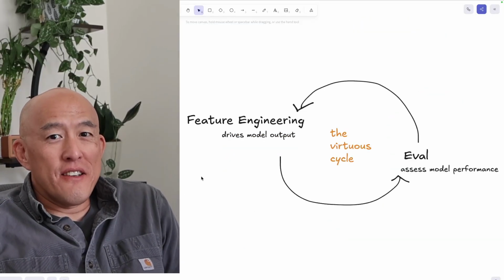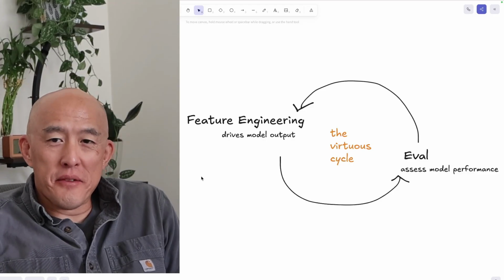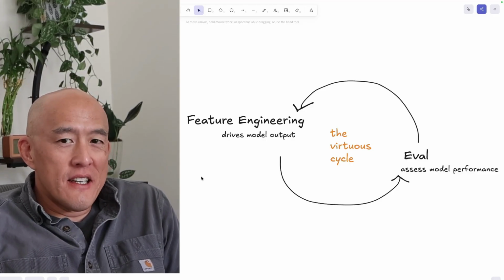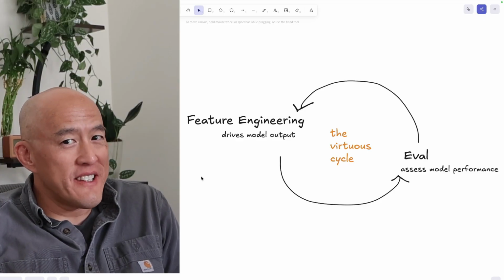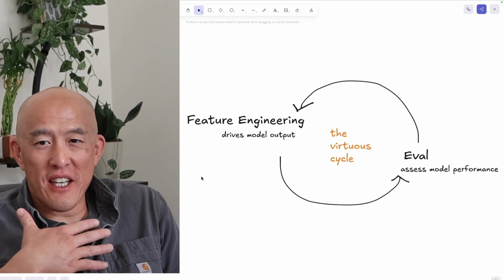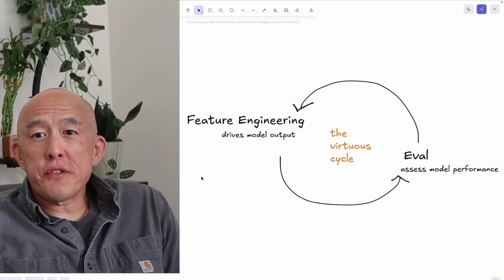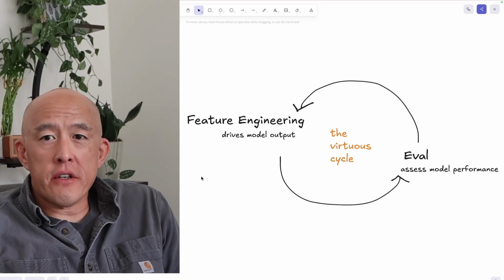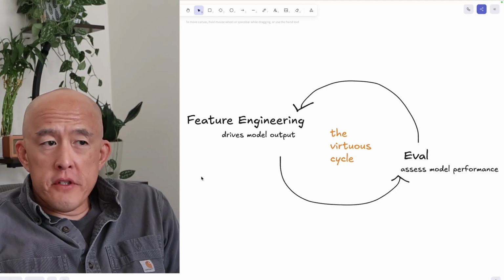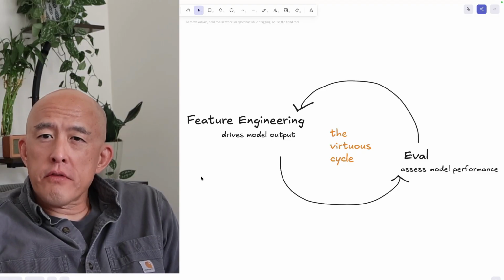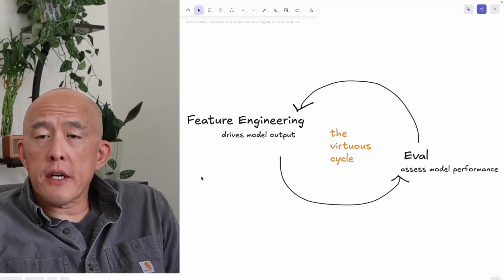All right, the virtuous cycle in machine learning and AI. Actually, there are multiple virtuous cycles in this space. So today I'm going to talk about the one that I care about, which is the virtuous cycle between feature engineering and eval. First of all, a virtuous cycle just refers to the idea of a process where